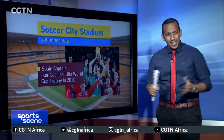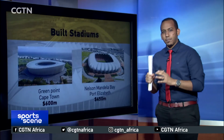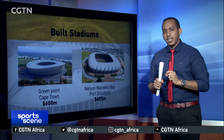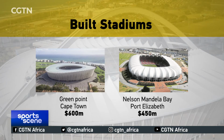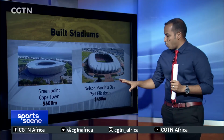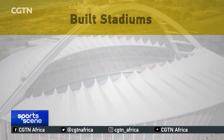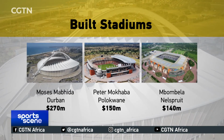Now, the organizers further spent an estimated $1.6 billion to build 5 new stadiums. The Greenpoint Stadium in Cape Town was the most expensive for this tournament, built at $600 million. Nelson Mandela Stadium in Port Elizabeth was the second most expensive, $450 million. As the others continue, we have Moses Mabhida in Durban, $270 million, Peter Mokaba in Polokwane, $150 million, and Mbombela